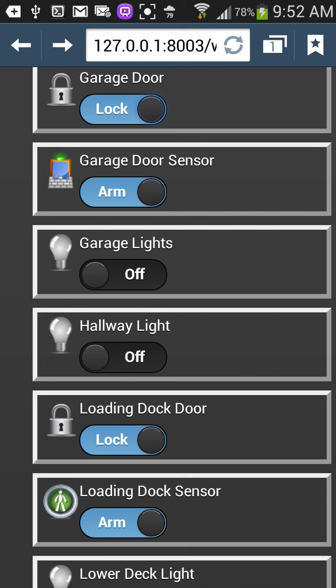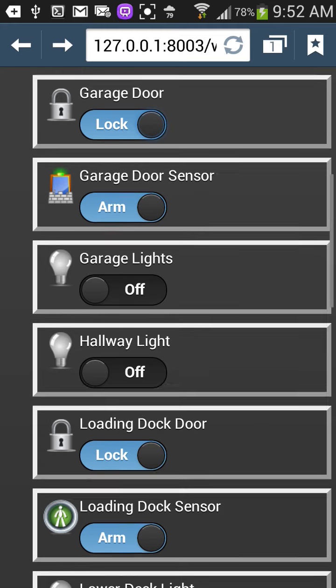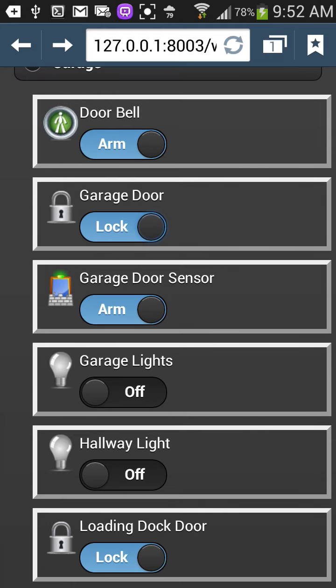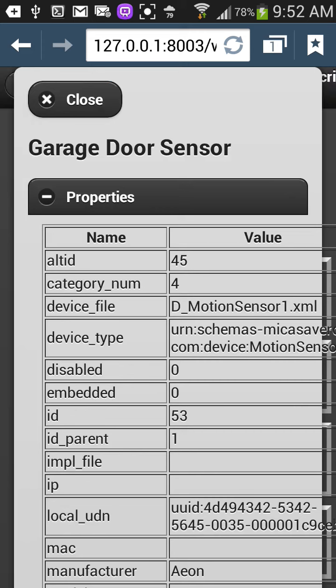And you will see that I do support customization of the UI. Here I have two different icon sets for the loading dock door versus the garage door sensor. What we saw earlier, which was inadvertent, was me taking a look at the properties of a device. So I'm going to click on not the arm button, but just to the side of it on the garage door sensor. And what that brings up is a